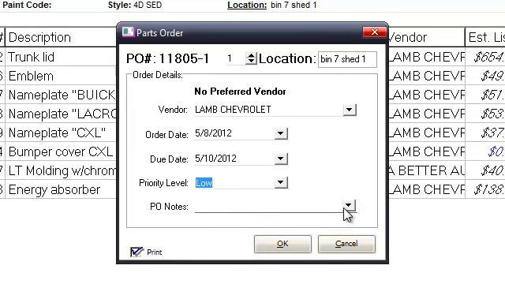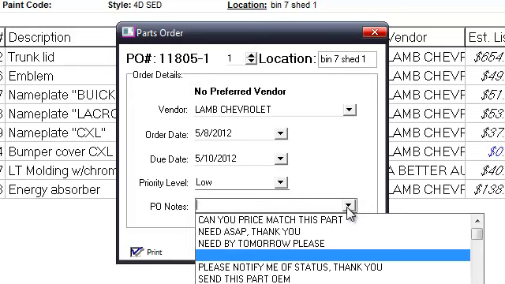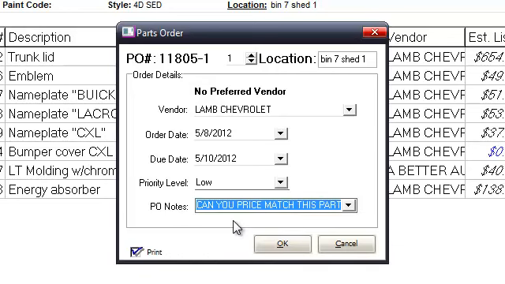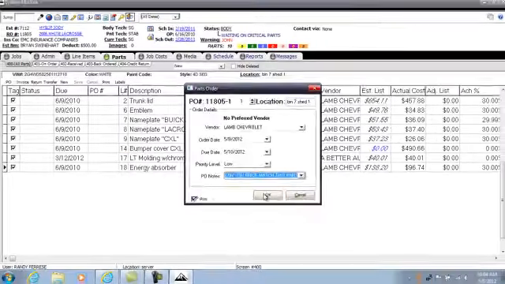You can put a note in for the parts person that's going to receive the parts order, and in this case we'll ask if they can price match. By having the check mark in the box here where you see print, it's going to bring the next screen up. Now I'm going to hit OK,